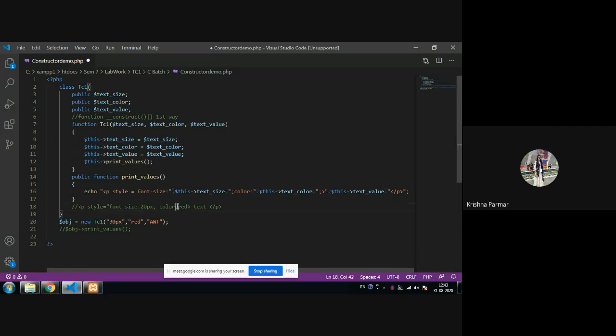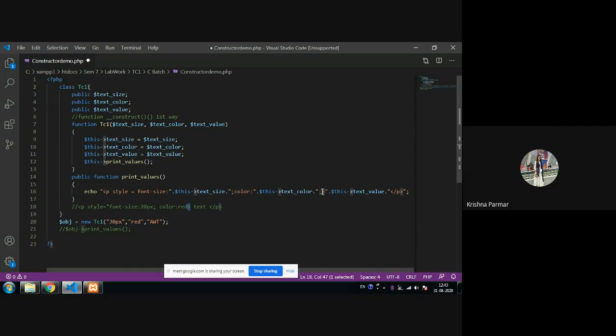Then after that, red always comes from the user. So which property is associated with that? That is text_color. So here I write text_color. But how can I concatenate these two strings? Using the dot operator.